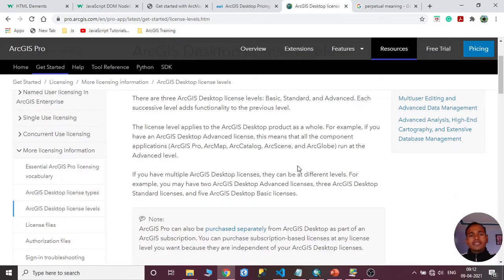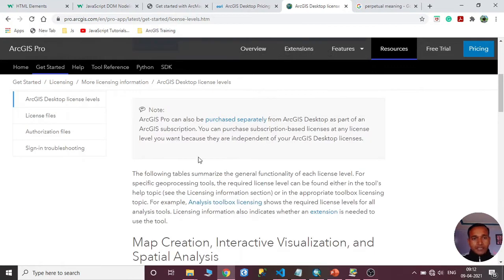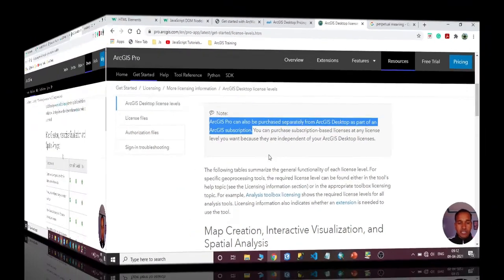When we say ArcGIS desktop license, ArcGIS Pro, ArcMap, ArcCatalog and ArcScene all come under this licensing. Everything comes with the license. And if you want a separate subscription for ArcGIS Pro, you can take that separately. As it is mentioned here, ArcGIS Pro can also be purchased separately from ArcGIS Desktop as part of an ArcGIS subscription.